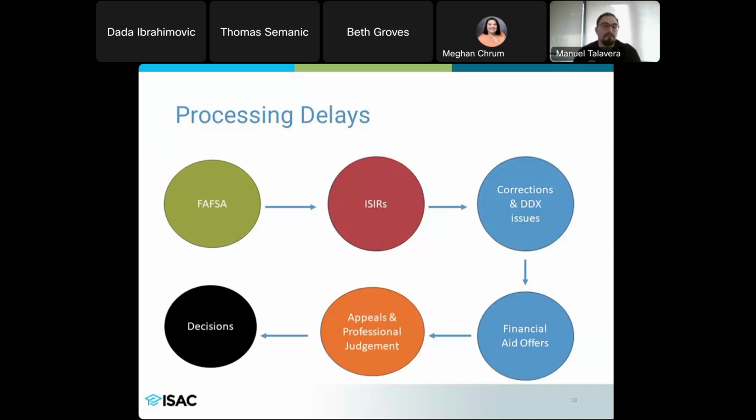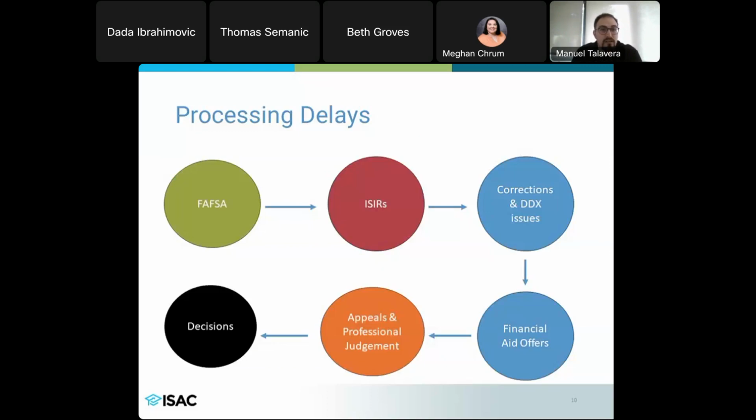So all of this kind of translates into processing delays. In fact, the Department of Education, in relation to their Office of Federal Student Aid, has a website dedicated to tracking all of the reported issues with the FAFSA, and there are so many that they're categorized. So just know that this is not an issue of your student or your parents. This is an ongoing issue that's plagued the entire 24-25 application cycle for the FAFSA.